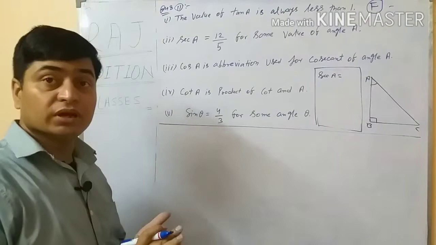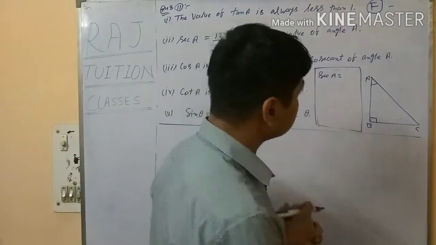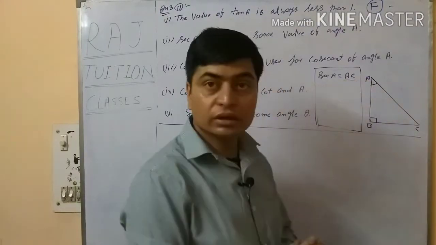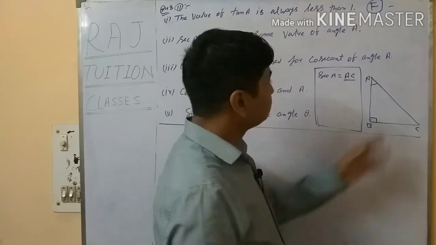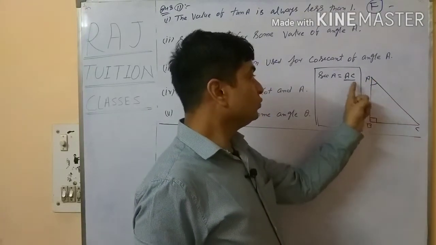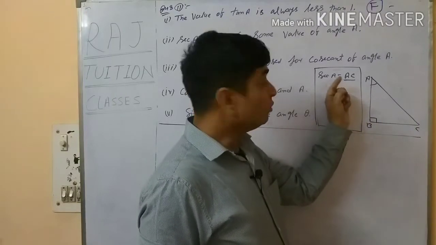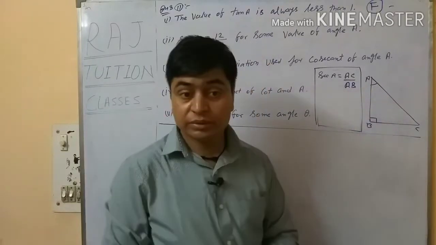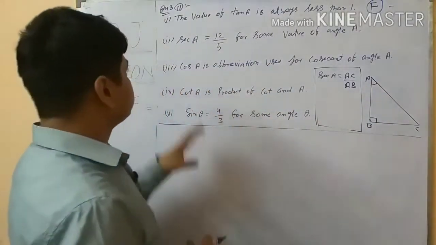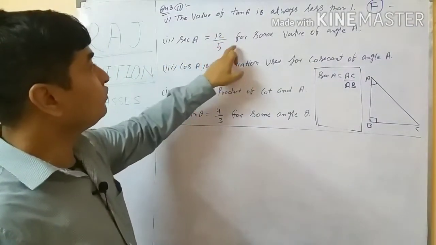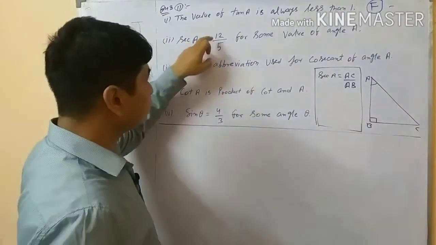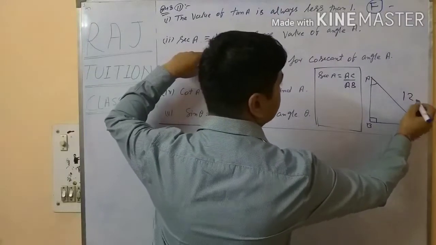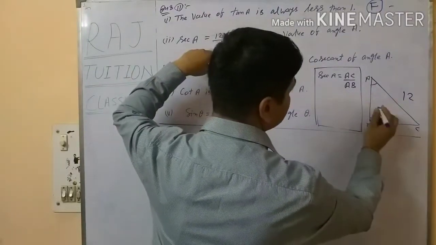cos का रेसिप्रोकल, यानी हाइपोटेनस अपॉन साइड एडजेसेंट। सो व्हाट इज हाइपोटेनस हियर? AC अपॉन साइड एडजेसेंट। दिस इज हाइपोटेनस अपॉन साइड एडजेसेंट टू एंगल A, बिकॉज वी आर टॉकिंग टू एंगल A। एंगल A के एडजेसेंट साइड, दिस इज AB, वेरी सिंपल। सो स्टेटमेंट क्या है? sec A इज 12 अपॉन 5 फॉर सम वैल्यू ऑफ एंगल A। सो sec A की वैल्यू जरा पुट करते हैं। sec A इज 12 अपॉन 5 मीन्स दिस इज 12 एंड दिस इज 5, AB इज 5।